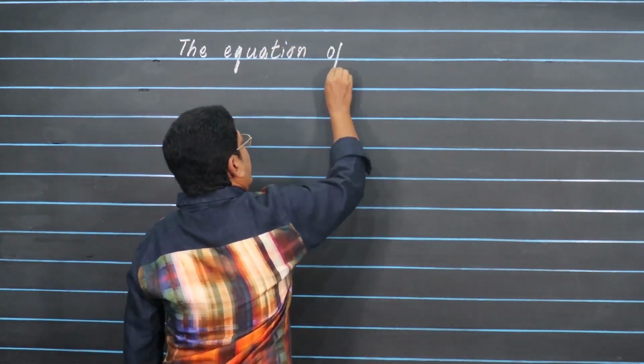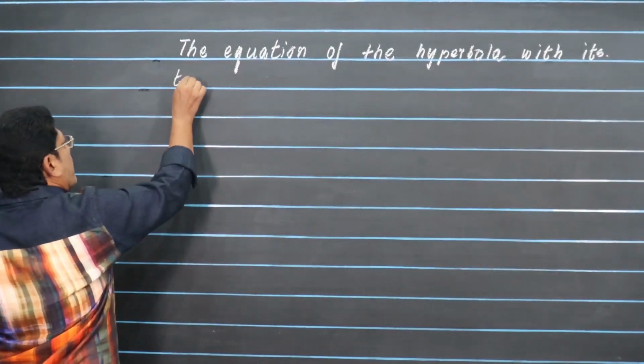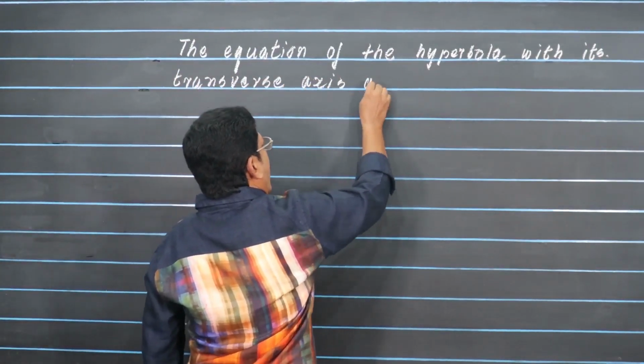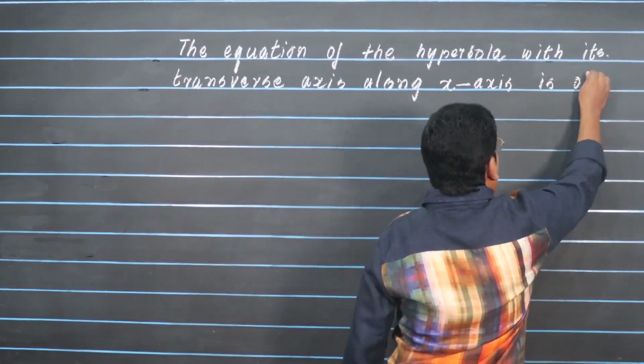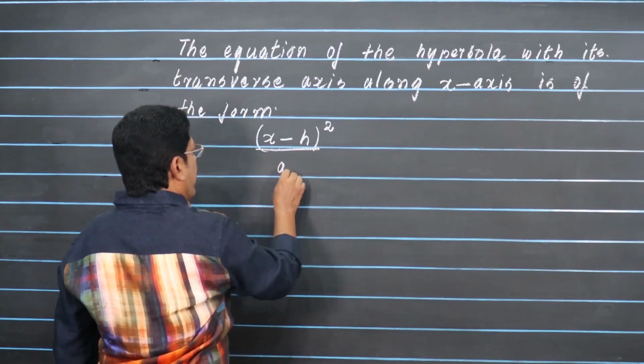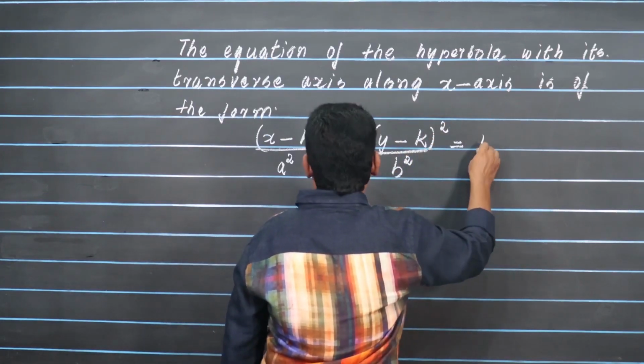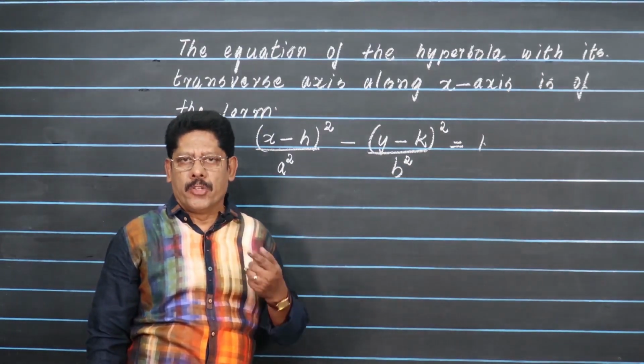It is given that the transverse axis is along the x-axis. Therefore, the equation of the hyperbola with its transverse axis along the x-axis will be of the form (x minus h) the whole squared by a squared minus (y minus k) the whole squared by b squared equal to 1. You know that the value of (h, k) is equal to (0, 0),